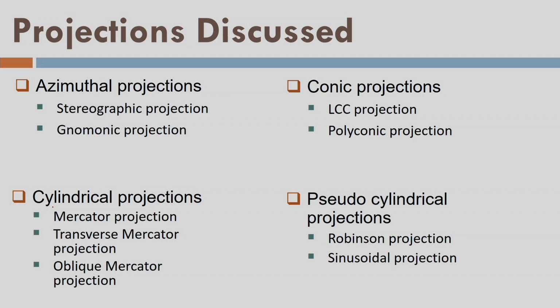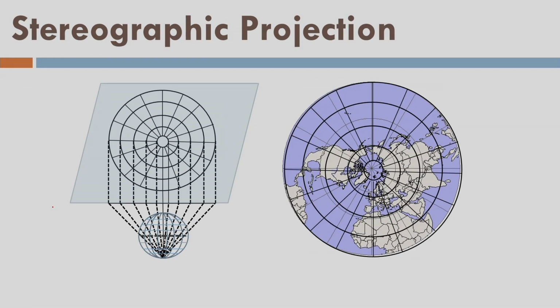We are going to discuss a few of the map projection systems here. Okay, so let us go one by one. First, azimuthal projection, where the stereographic projection is there. In case of stereographic projection, I have a light source exactly at the south pole, and it is trying to project the area of the ellipsoid above the equator and the equator. So the equator is going to be made a circle after projection. And all the parallels of latitude above the equator will appear as circles, as you can see in the figure.